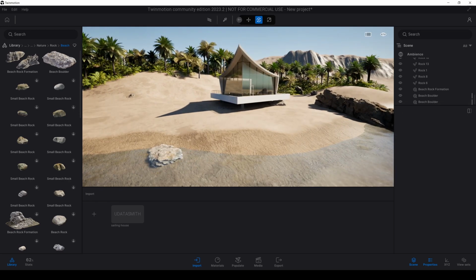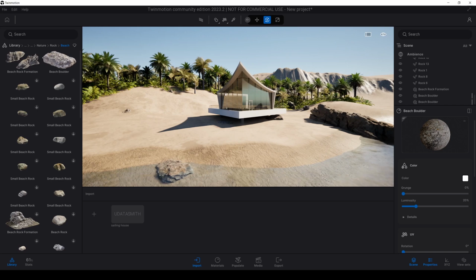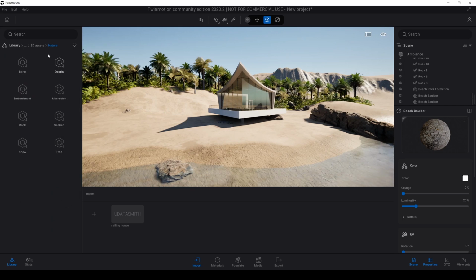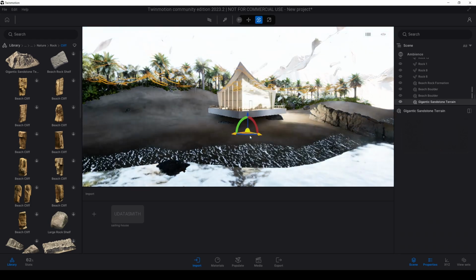I think it's too bright. Let's use eyedropper and change luminosity and make it darker. Now it's way more better. Then I want to add some mountain under the nature. Let's go to rock again, click cliff and download this gigantic sandstone and place.